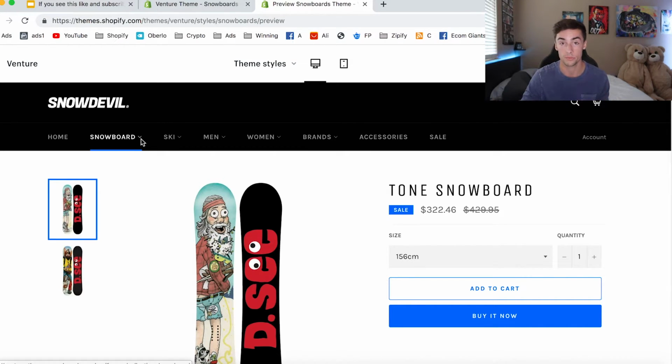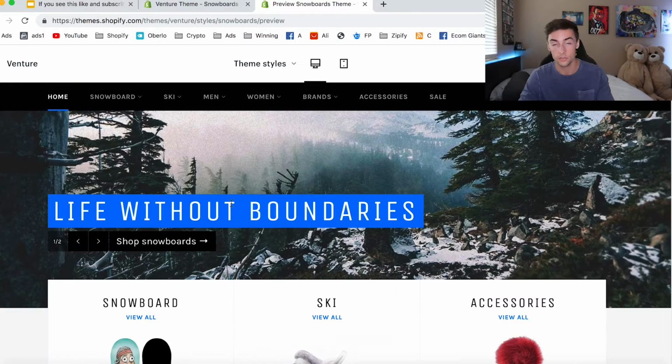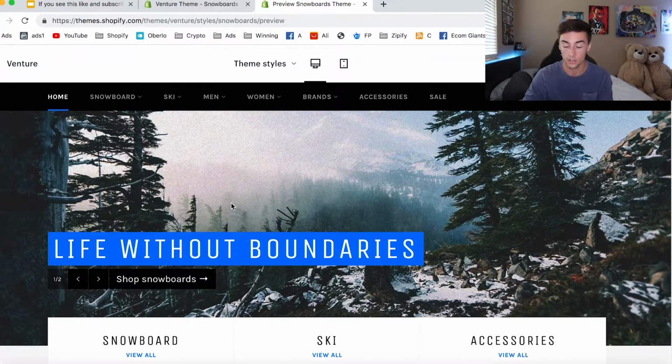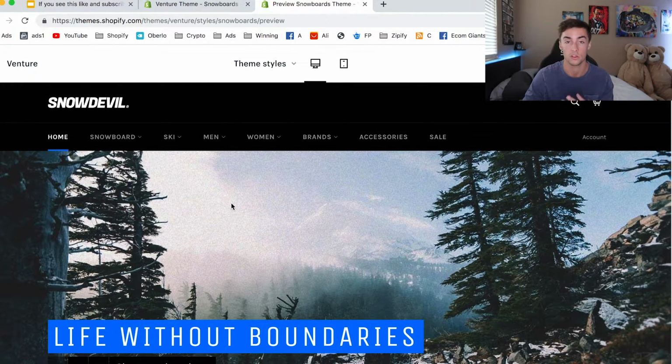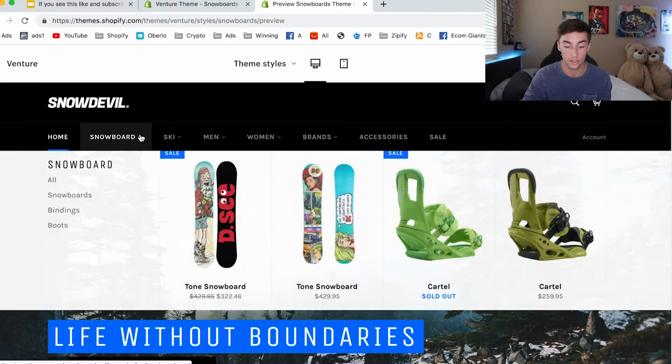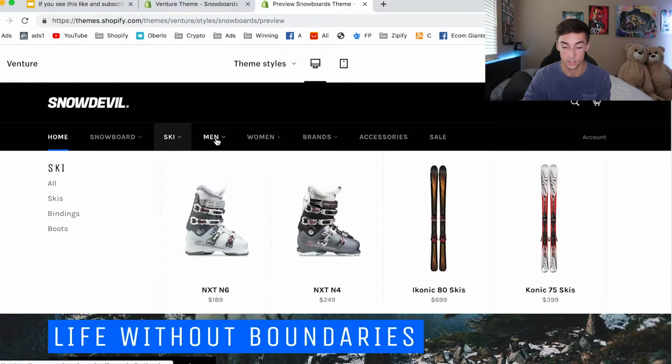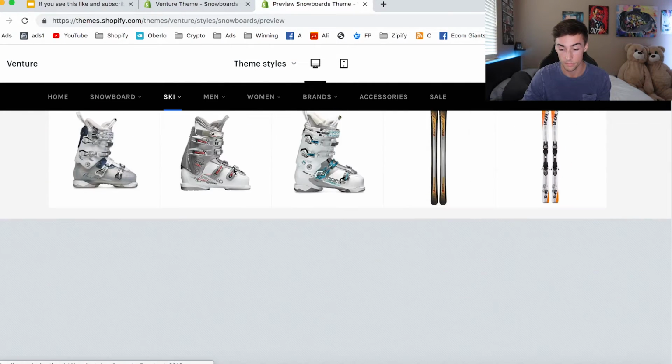So if you want to have a whole bunch of products in your store, if you like the drop-down menus, and if you like the way that this theme is laid out, then give it a look. All of it really comes down to your personal preference. If you like the way it looks, if you like the way it feels, then try it out. The Venture theme, for example, has some great drop-down menus. You can look right here, it's got photos. It actually opens up a whole new tab.